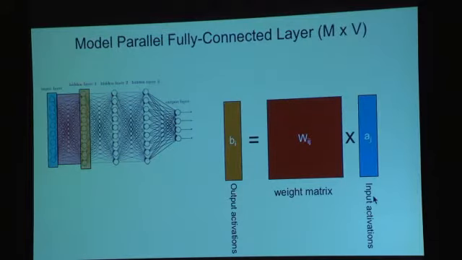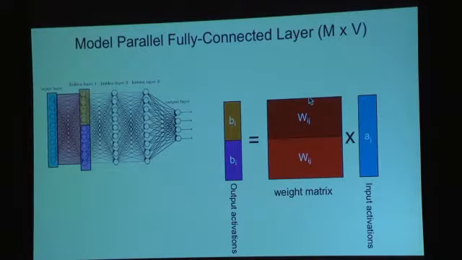For the fully connected layers, the right way to exploit model parallelism is to divide up the activations. In this way, I can compute the tan activations on one GPU and the purple activations on another GPU. I can split the weight matrix completely. There's no sharing here. And so the heavy part of the data fetch is now split across those two. All I have to do is distribute the input activations to both of them. But that's a relatively inexpensive thing to do. Remember, I have 16 million elements of the weight matrix and only 4,000 activations. So sending those 4,000 activations to both GPUs is not a large overhead,